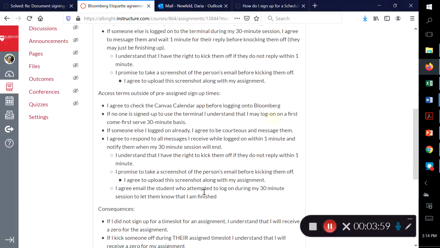Now, there will be pre-assigned times, and you can do a sign-up, but I'm not going to be having sign-ups past midnight, because assignments are due at midnight. So if there's an alternate time where no one is signed up to be on the terminal and you log on, if no one's on there, great, no problem. If someone is on there,